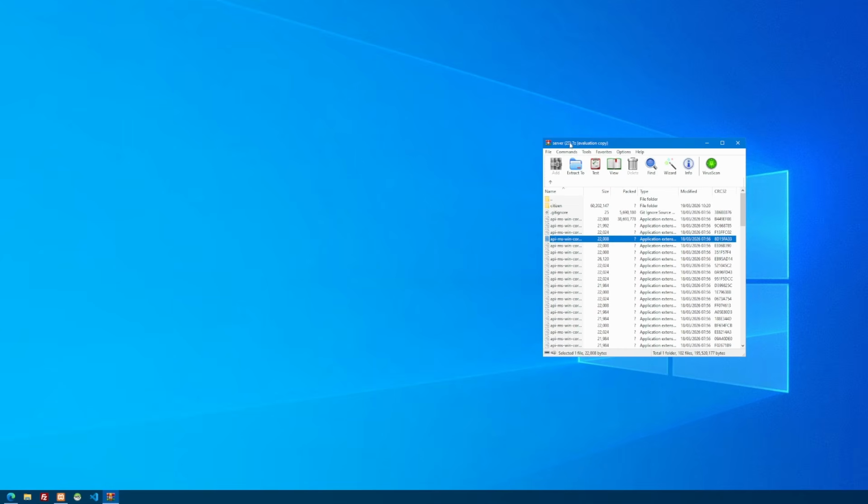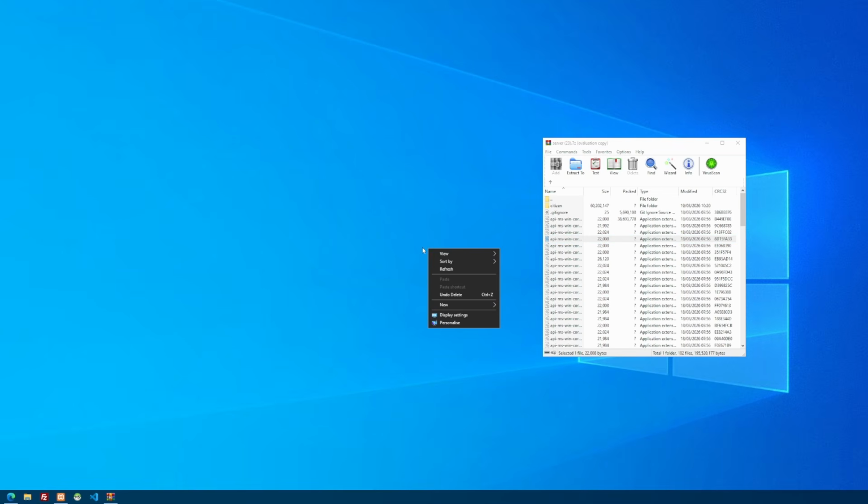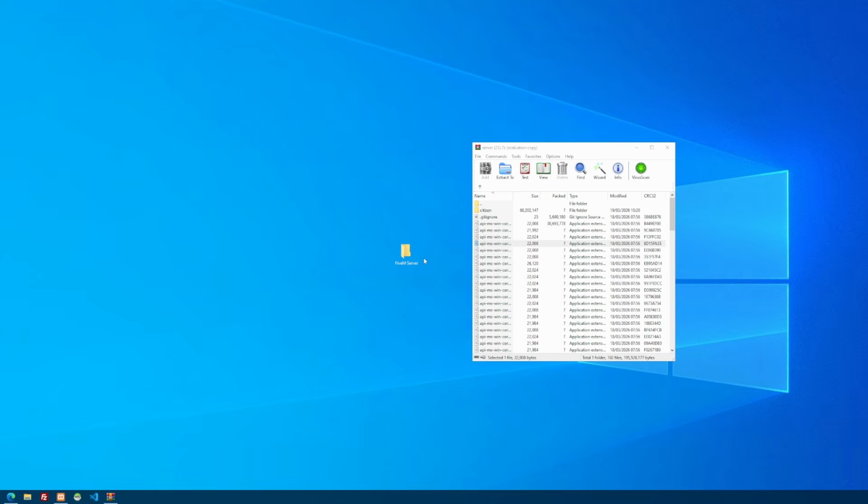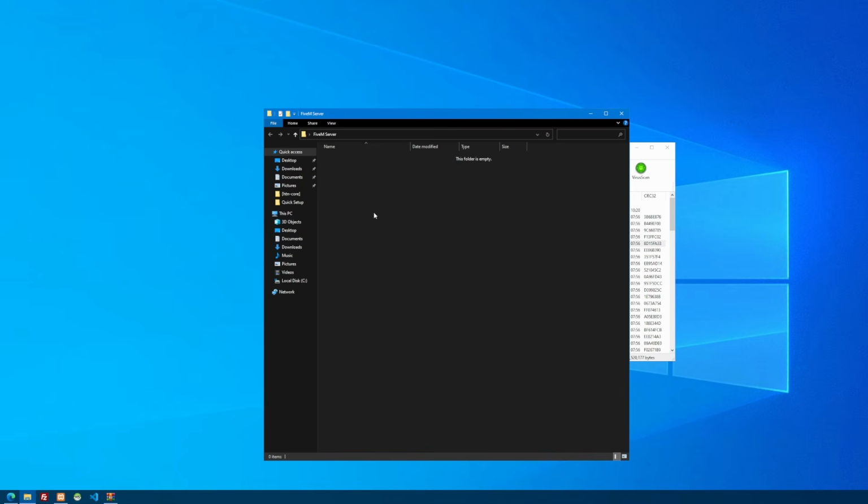And what you're going to want to do here is create the FiveM server. If you don't want to create the FiveM server on your desktop, you can do it wherever you want, but I'm doing it on my desktop so it's easier. So we're going to right click, new folder, and we're going to call it FiveM Server. From here, you're going to open that FiveM Server folder on up, right click, make a new folder, and call